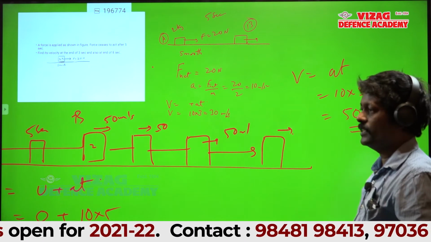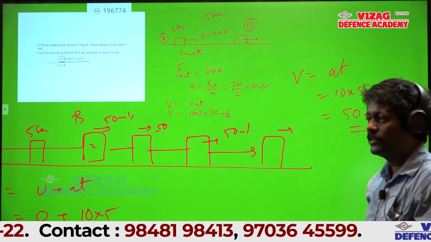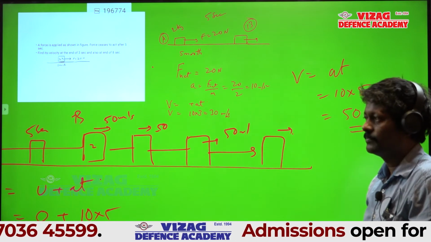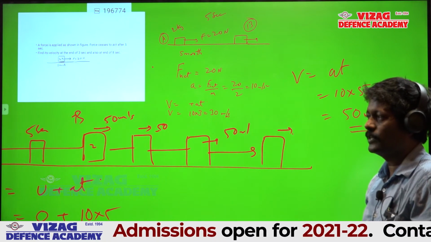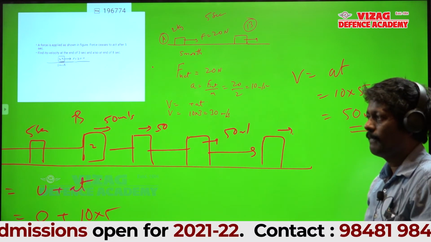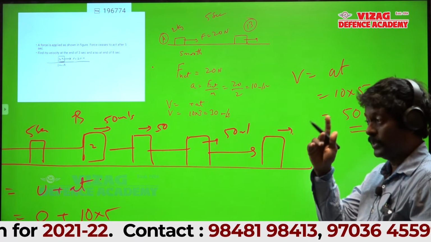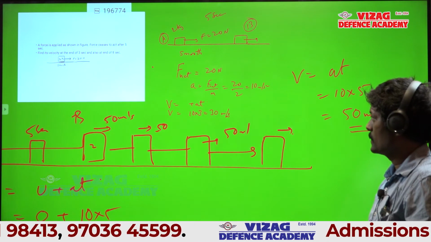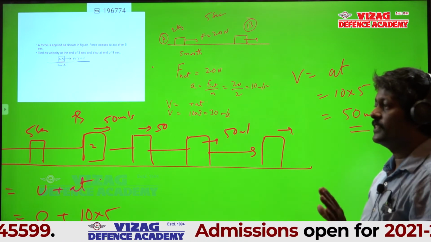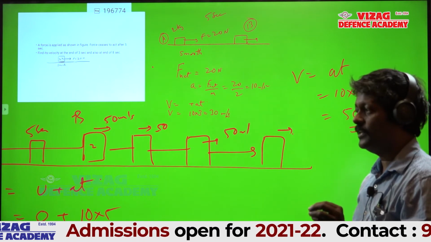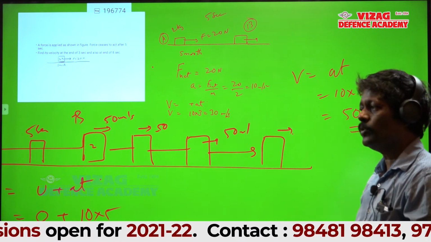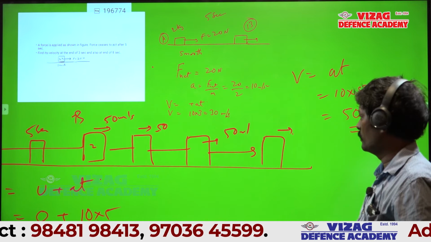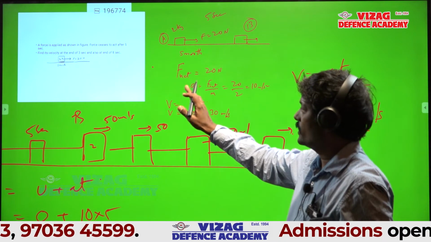Listen carefully. There is no force acting. Whatever velocity it acquired, it will continue with the same velocity. Did you get the point? Sir, that means till 5 seconds the velocity is changing. After 5 seconds, constant velocity. Exactly. Why? After 5 seconds, there is no force on the body. Exactly. Very good. That is the importance of this problem.